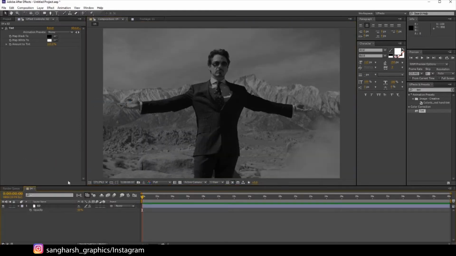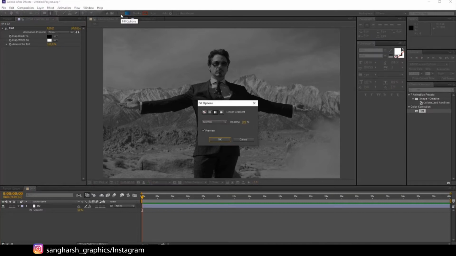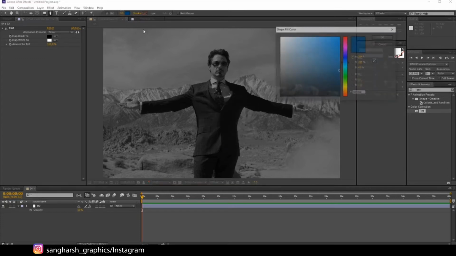Now deselect the layer, go to the pen tool, and single click on the fill, select a solid color. For stroke, none, and set the solid color to black.